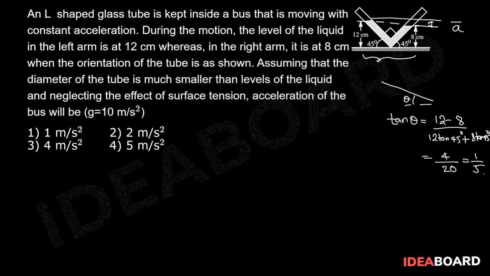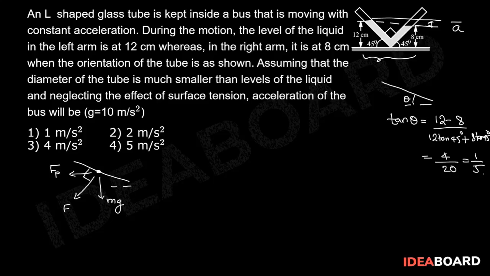The relative velocity of liquid with respect to the vessel is 0. Now if I draw a free body diagram of a particle of liquid on the surface, it will experience pseudo force in the opposite direction of the acceleration of the vessel and gravitational force mg downward. Then force F, which is the sum of pseudo force and gravitational force acting on the particle, must be perpendicular to the surface of liquid, since all particles on the surface are relatively at rest with respect to the vessel.